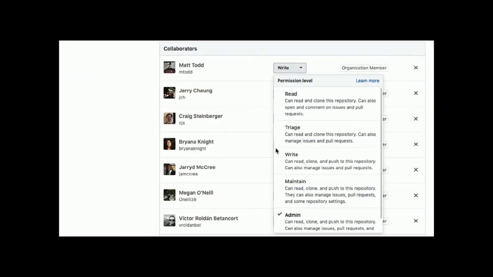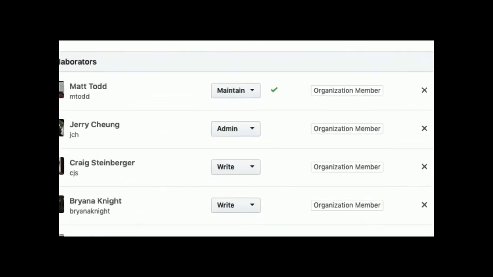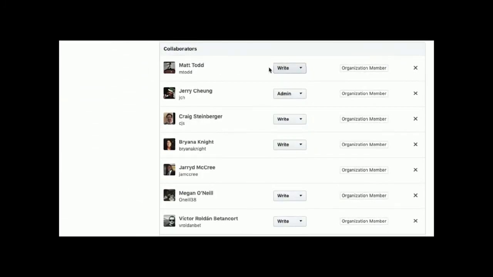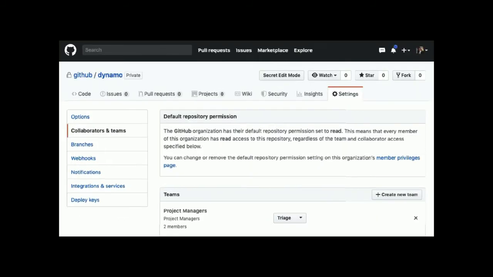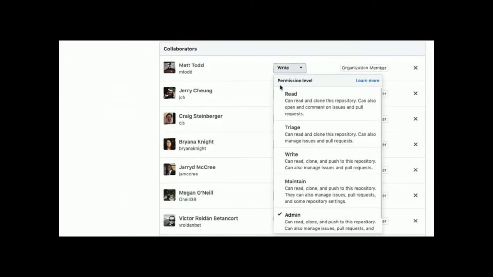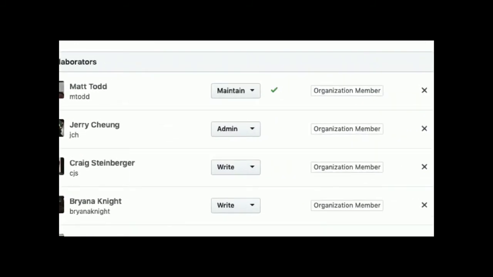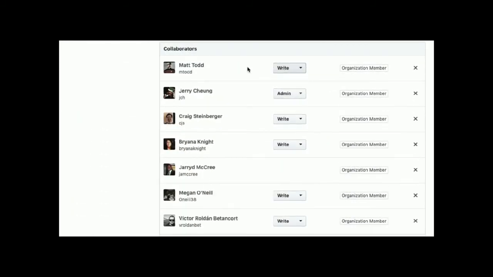And then we've also added new roles to your specific repositories. You're able to assign people the maintain and the triage roles, so they don't necessarily have to have the exact same write, read, or admin access that we used to have. We've now granularized those permissions.